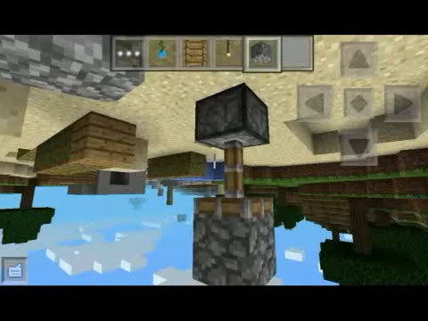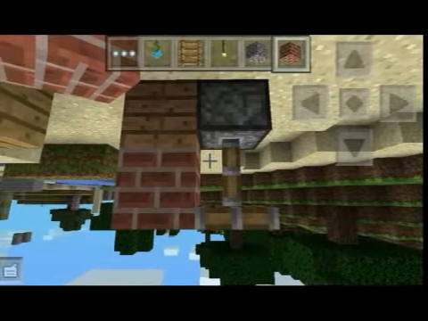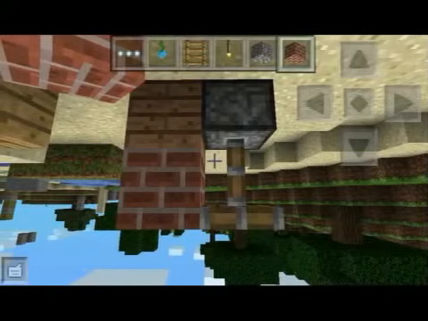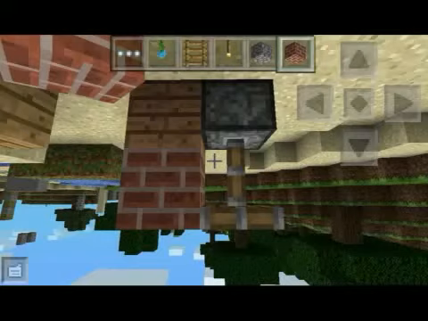So one of the coolest things he has done is making an actual piston. Now, I'm pretty sure this isn't working like a real piston, but this shows it better. These are actually two blocks. The two blocks beside the piston show what the actual blocks are, and they are shaped in a way to make it look like an actual piston.